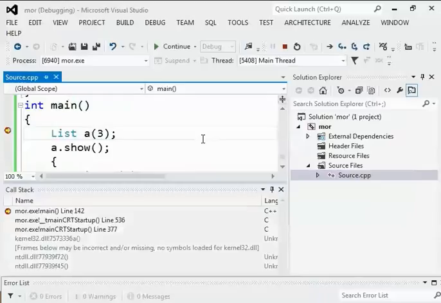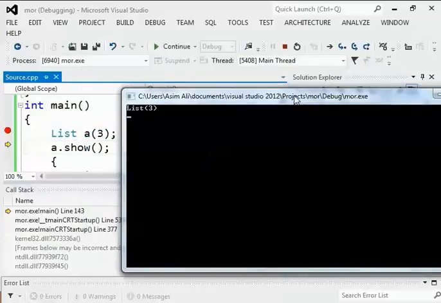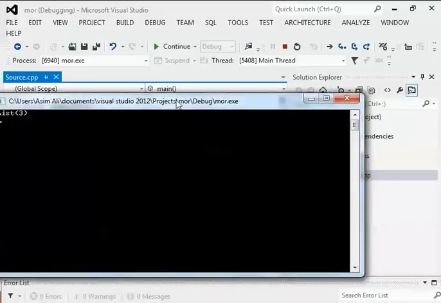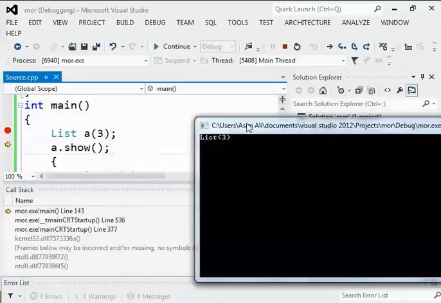The program has executed to the start of the first line, and we need to move forward by pressing F10. When we press F10, it completes the execution of the first line and creates that list A